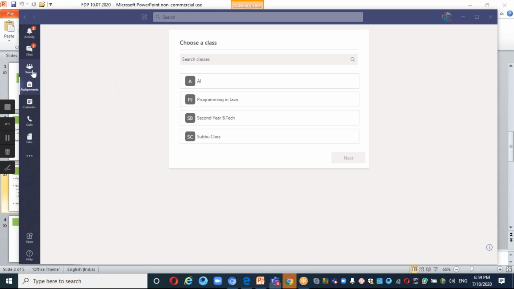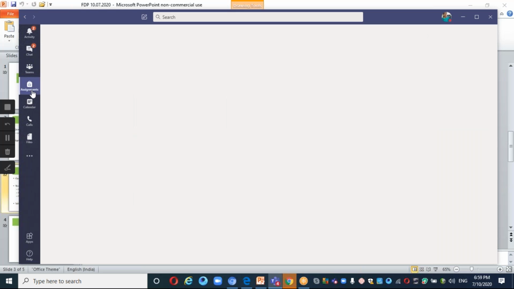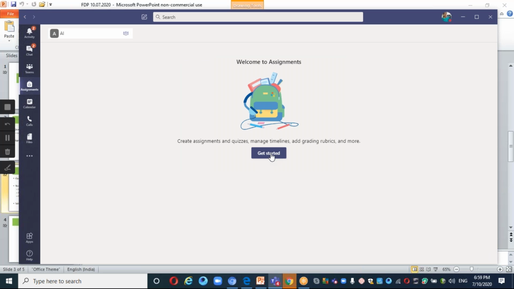In the teams, you can find the teams previously. I created a class called AI. You can find that in your assignments. So I'm going to give it for the class called AI. So click that AI, give next. Give the assignments, get started.